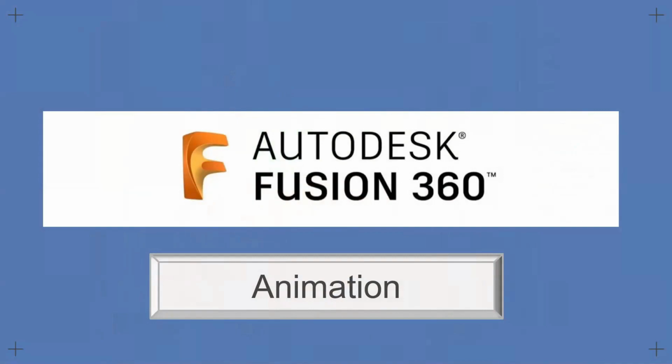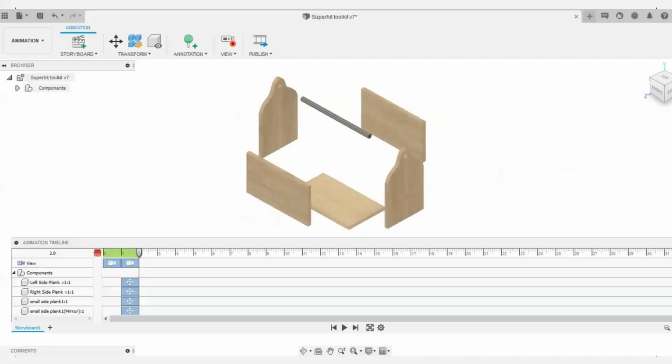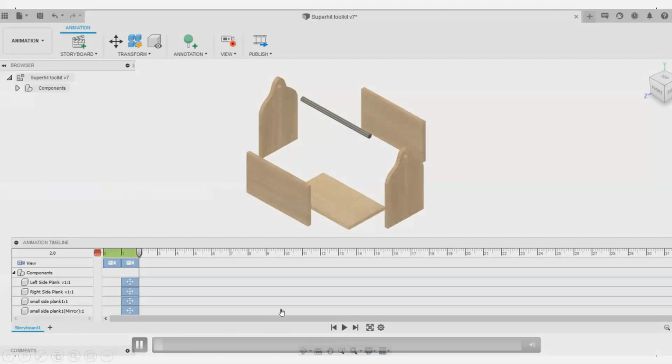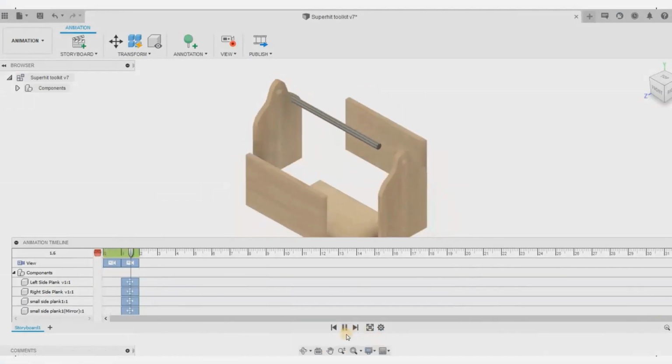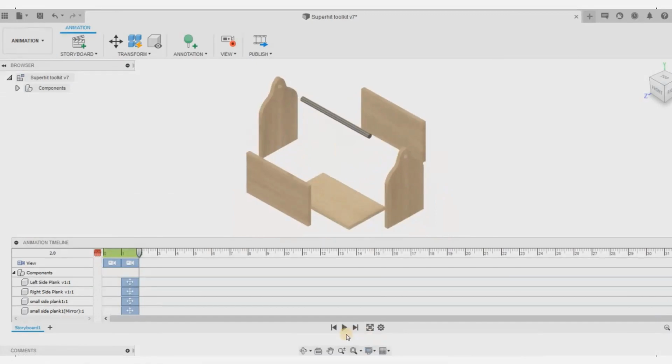Next comes the animation workspace. In the animation workspace, we have the tools to prepare animations of our assemblies, that is, how we are going to assemble it and how to disassemble it. I'm not going to cover how to do it, but I can just show you what they have done for showing how the assembly happens. You can see I've created a video which I can post to YouTube or any other place by publishing.